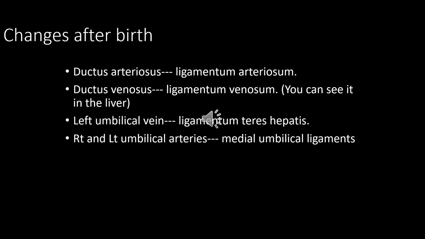And similarly, coming from the placenta, there are two umbilical arteries. In fact, these are the continuations of the internal iliac arteries of the fetus. So these two arteries will become umbilical ligaments. If you have opened up the anterior abdominal wall, you might have seen these two ligaments in the region of the umbilicus on the inner aspect of the anterior abdominal wall. These are called the umbilical ligaments, medial umbilical ligaments.